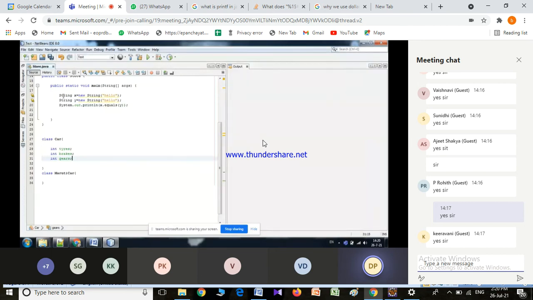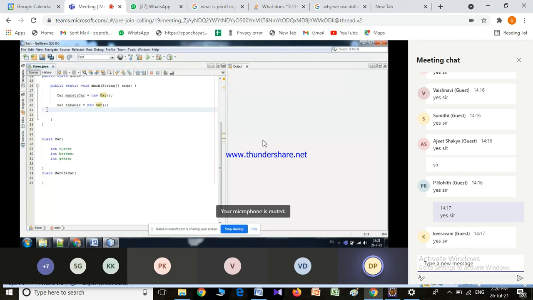Previously, what we did was write Car marutiCar equal to new MarutiCar. Now I have one more, a Tata car. Whatever you write here will not have any separate functions or separate things available. So here we have Maruti car and Tata car.